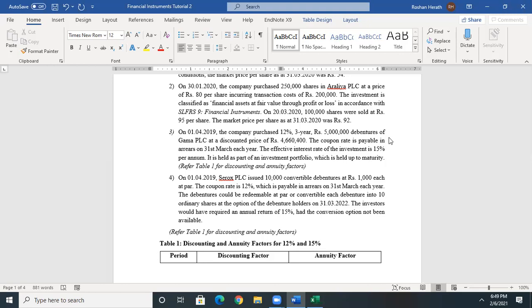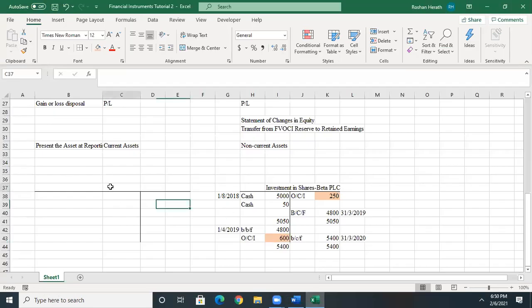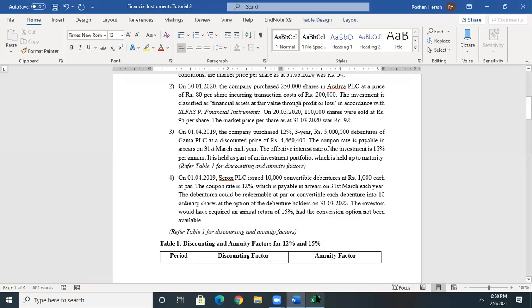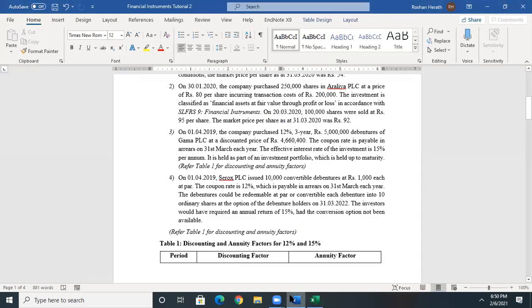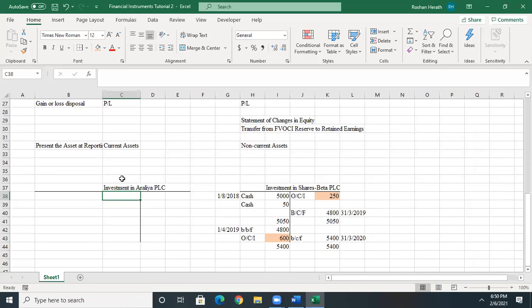Good. So let us have a look at that. Yes, you're correct. Again, the easiest way, as I told you, is to take an account. It's investment in Aralia PLC. So you made the investment during the current period, and it was 250,000 shares at 80 per share. It's 250 into 80 per share. Right, it's 20,000. That is cash paid on